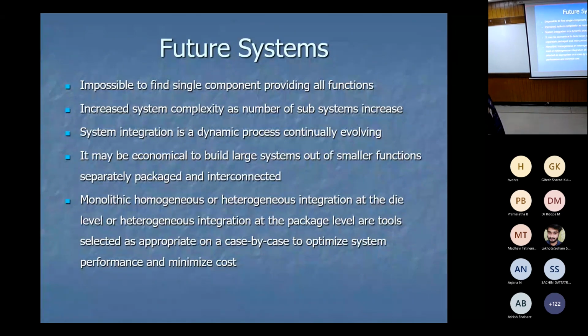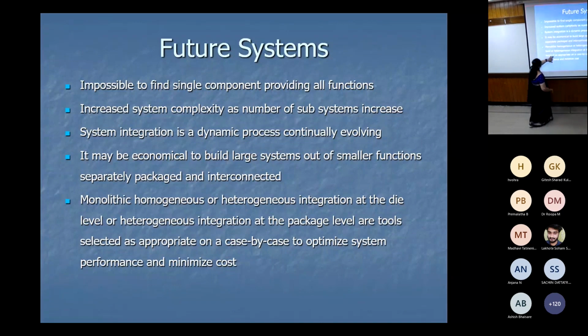But our approach has to be from solution orientation. Yes, it is economical to build large systems out of smaller functions, separately packaged and interconnected. That is one approach. The other approach is optimizing by interconnecting them, stacking them, and making a heterogeneous system. We cannot talk about the second option now only because we are just entering that space of solution offering. So monolithic, homogeneous, and heterogeneous integration at the die level or heterogeneous integration at the package level, both are being tried out. Both are options for us. Okay, do we do it at